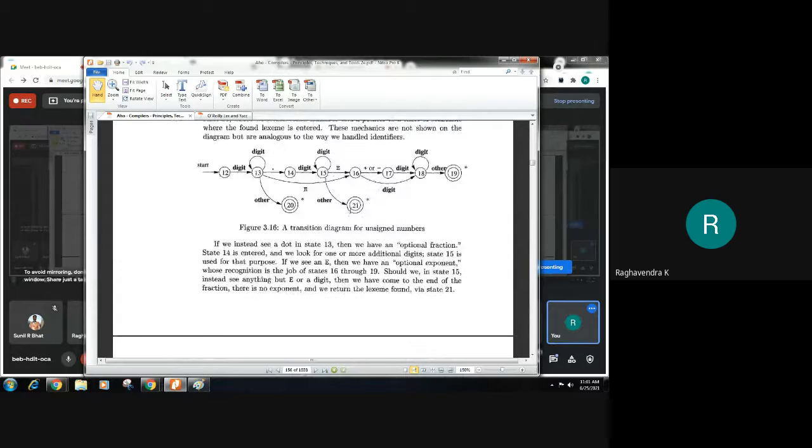Similarly, in this diagram, if we start at state number 12 and I read any digit, then I have to change the state number to 13, right? So in state number 13, what are the options? Options are I can read a digit, in which case I will remain in state 13 only. I can read a dot, which will change the state to 14. If I read E, I will move directly to state number 16. If it is anything else, then I move to state number 20, where some action is supposed to be taken because it is a final state, right? So when you reach a final state, you will be taking up some action.